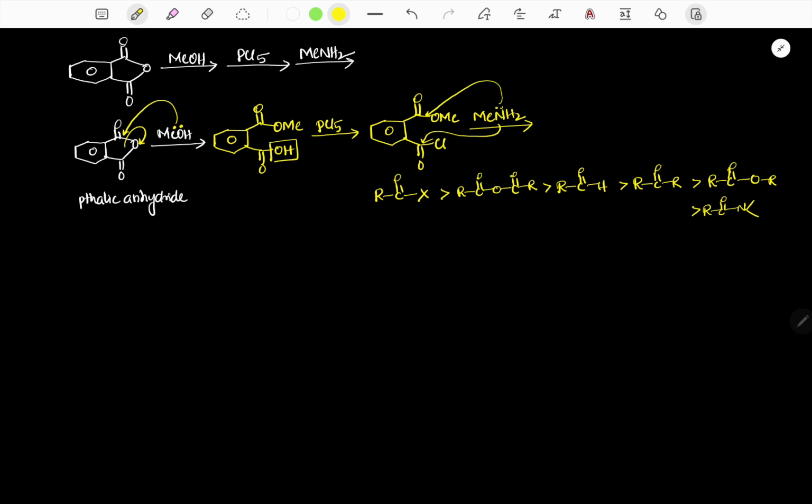So this is the rate of nucleophilic attack. Therefore here the ester won't react because RCOX is much more reactive. Therefore the corresponding product is